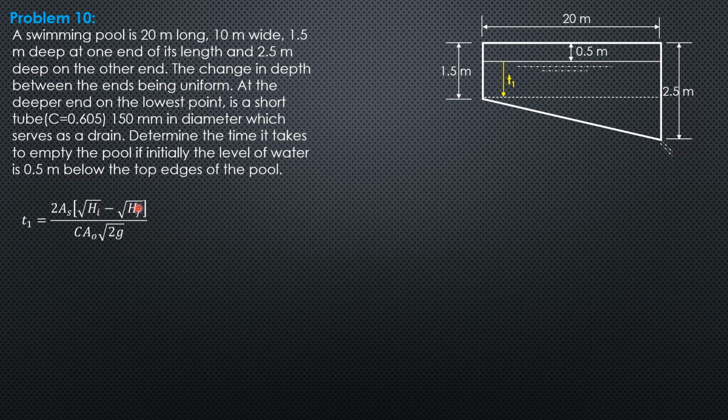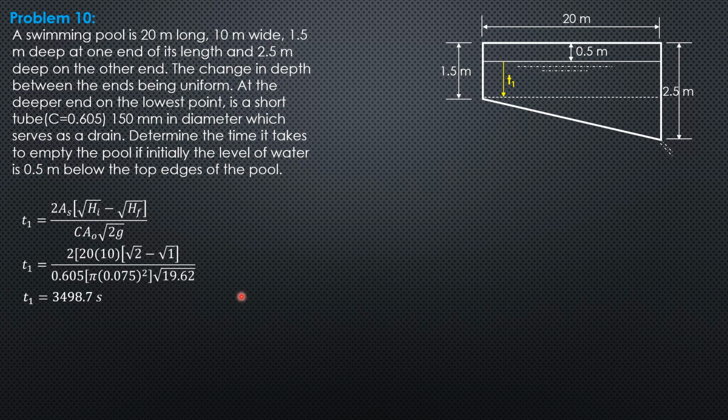Substitute: 2 times 20 times 10, quantity square root of 2 minus square root of 1, over 0.605 pi 0.075 squared, radius of the short tube, then square root of 19.62. So T1 is equal to